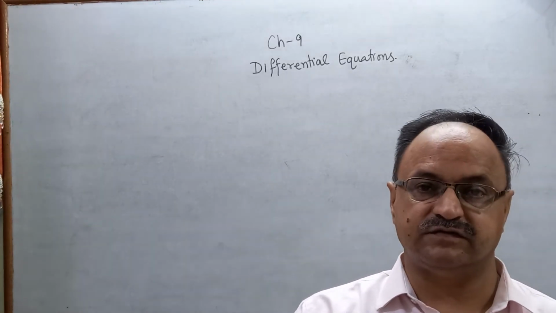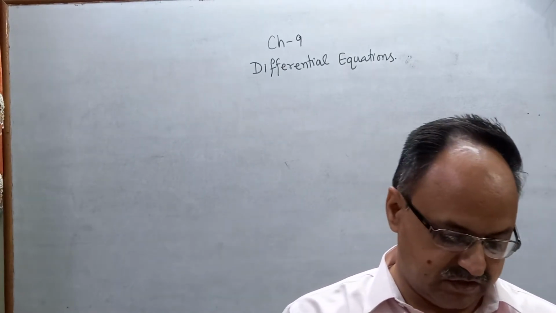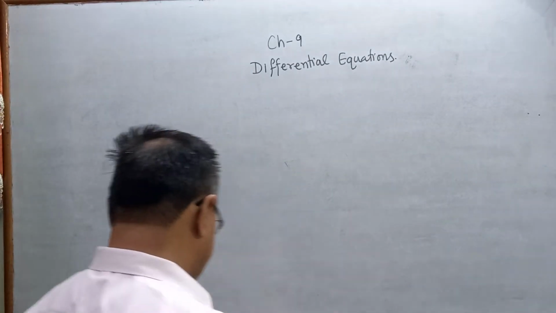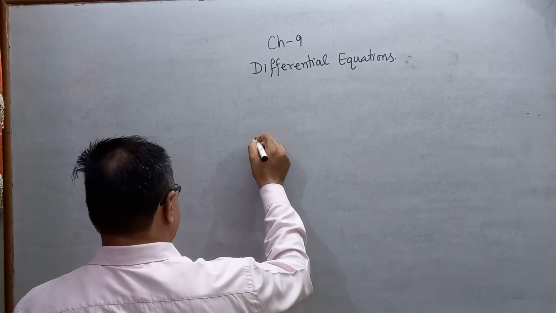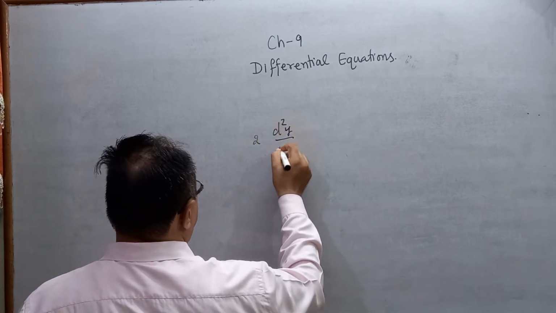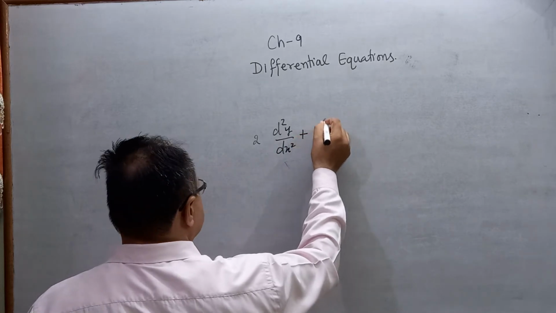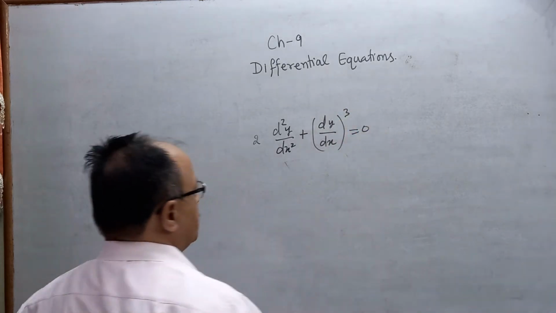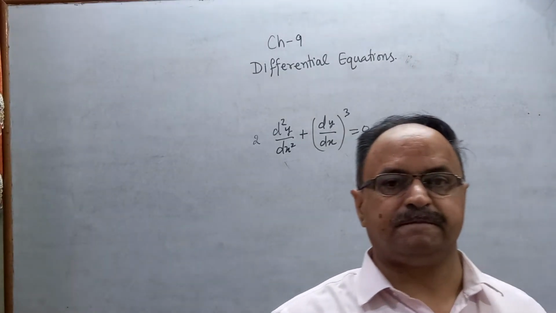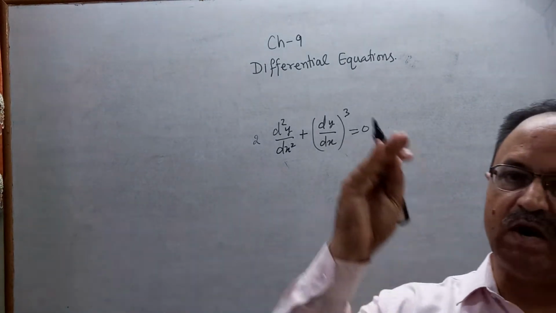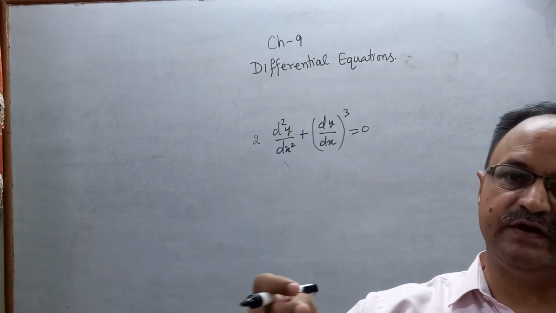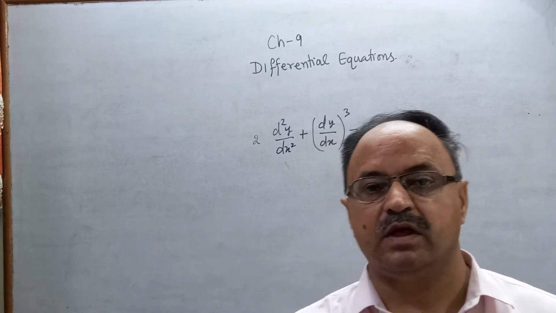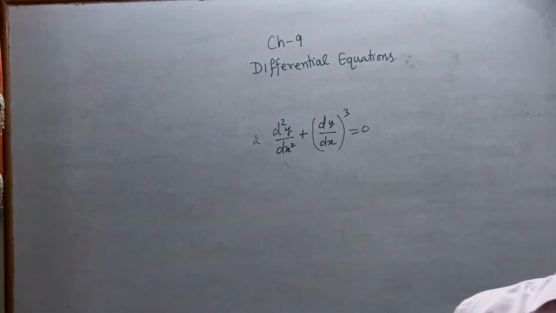In this chapter we discuss ordinary differential equation. And the first exercise, we find the degree and order. For example, 2 d square y by dx square plus (dy by dx) all cube is equal to 0. This is the differential equation, clear? In which the powers of the derivatives, first order derivative, second order derivative, are natural numbers, you can say powers in the form of 1, 2, 3, 4, 5 like this.